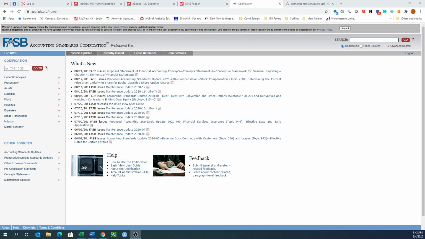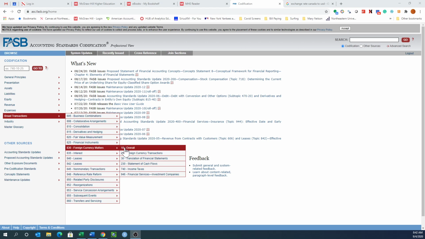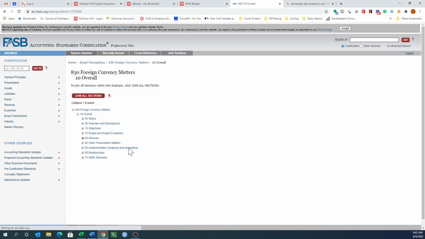All right, so we've been talking about exchange rates. Well, what is it? Let's take a look at what the literature, what the accounting standards actually define as an exchange rate. So let's go to our broad transactions, and let's take a look at how they define the exchange rate. So we'll just go right to the glossary,